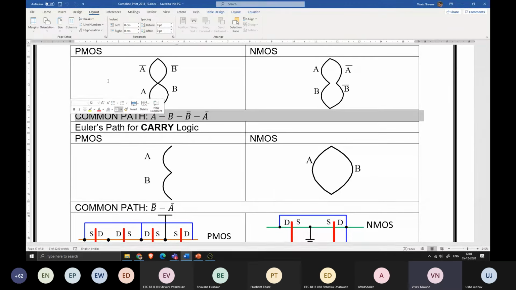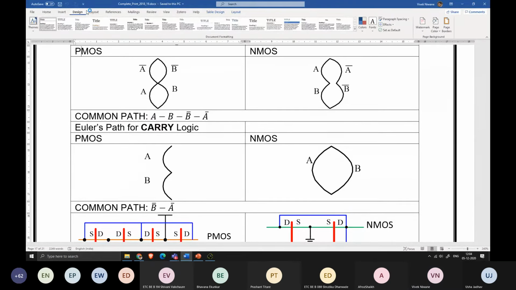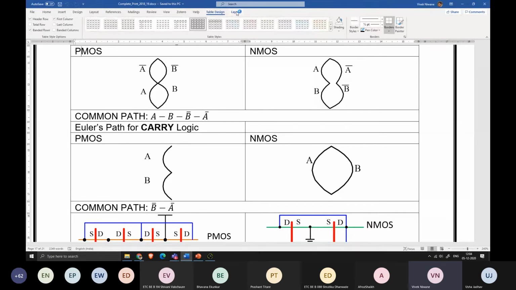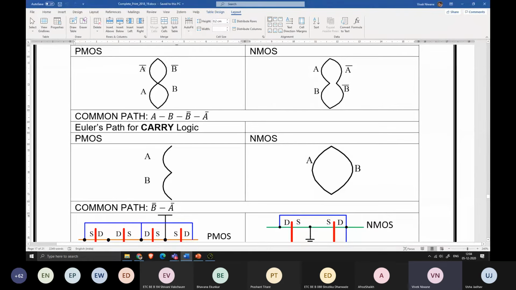कैसे, कहाँ से लाऊं मैं, I am not getting. ओके, चलो ठीक है, यहाँ पे मैं बात करता हूँ सिर्फ, अगर मैं पाथ चूज करता हूँ for PMOS, A bar A B B bar, ओके, तो I can go from this line, this part of the graph, A bar A B B bar. ओके, यहाँ पे मैंने जो कॉमन पाथ लिखा है उससे अलग है, you can have multiple common paths. अगर मैं यहाँ से ट्राई करूँ इस मिडल पॉइंट से, A bar B A,